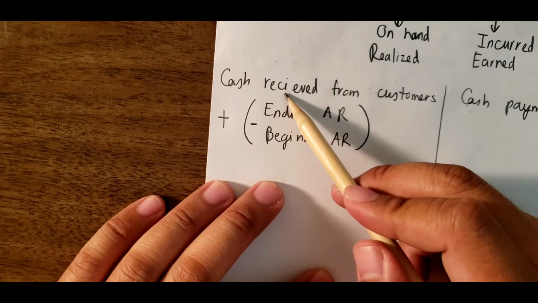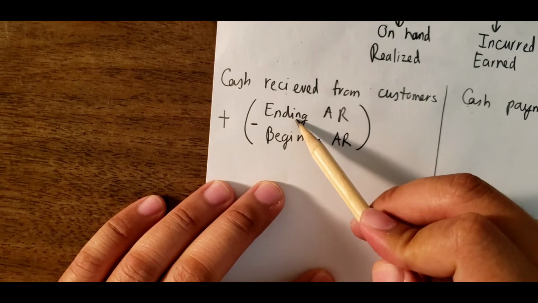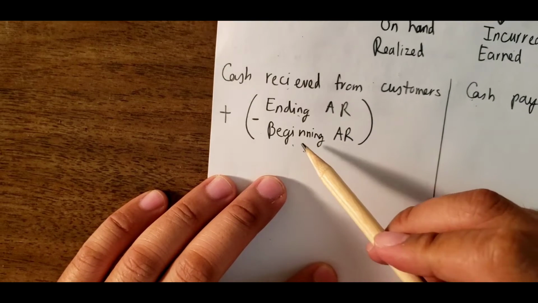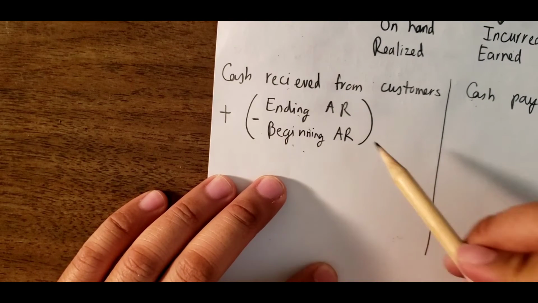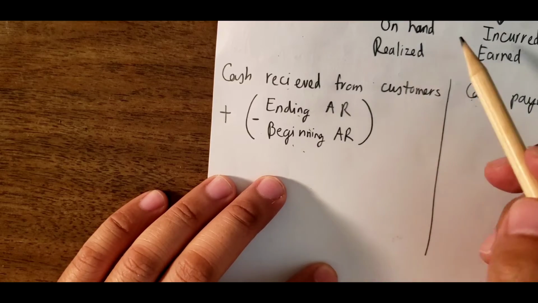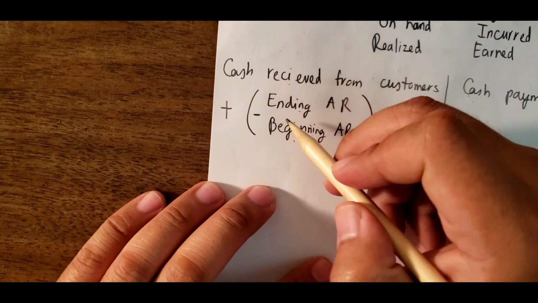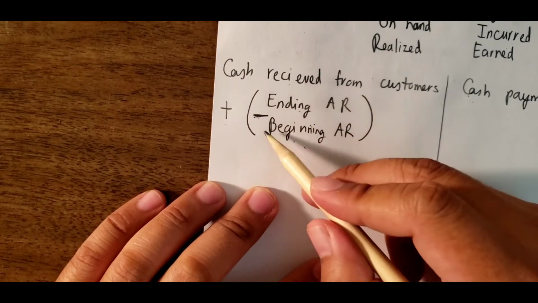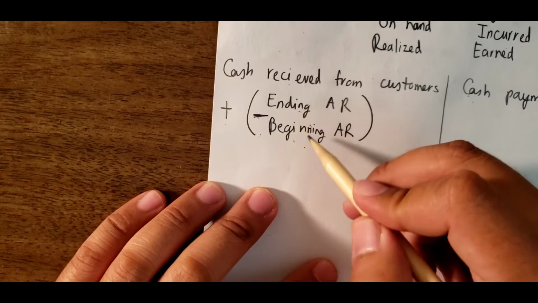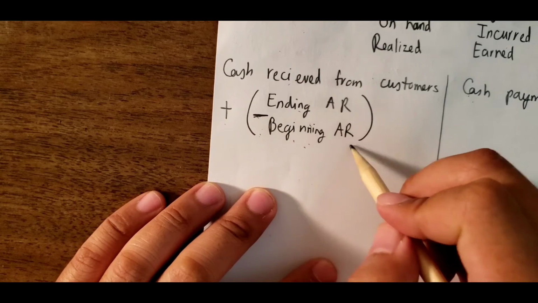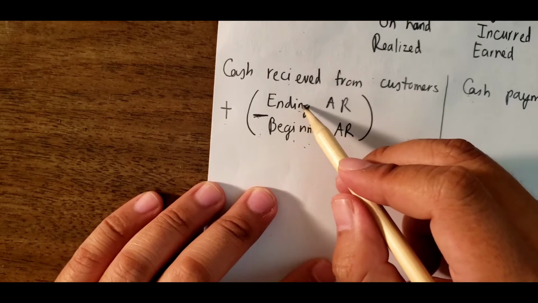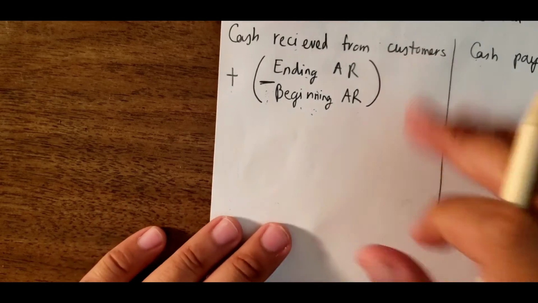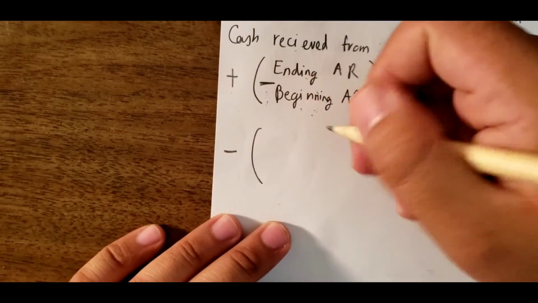Because if ending is higher than beginning, accrual will increase so that we can receive more accrual. So we have a positive sign here, and in the bracket we have ending minus beginning. That's it for accrual. If they get higher in ending, they will increase more accrual. We minus in here